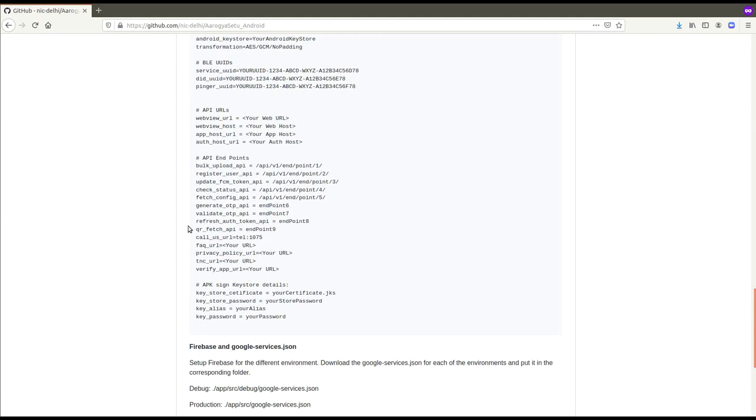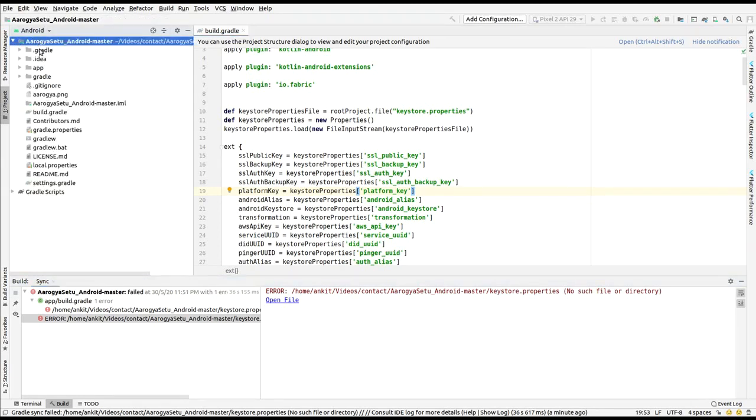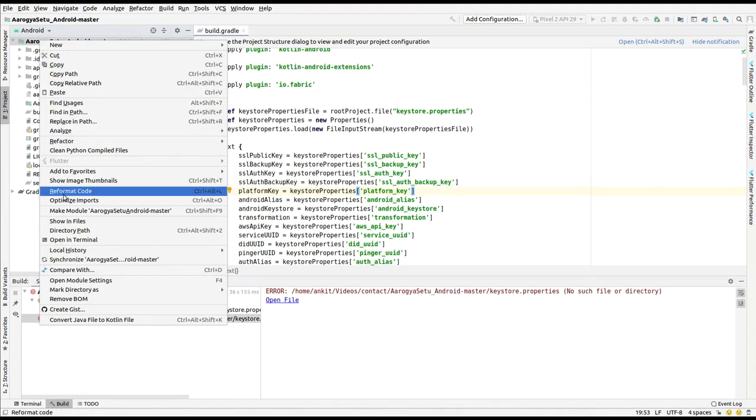Now again come into Android Studio, and as we saw, the path of this file, where we have to put this file, is given. Now I will use a shortcut from Android Studio and go to the exact path.